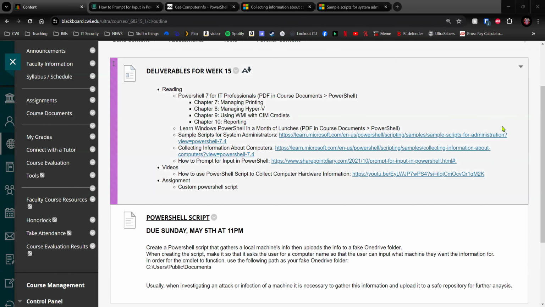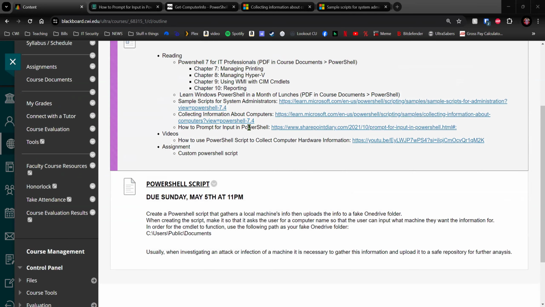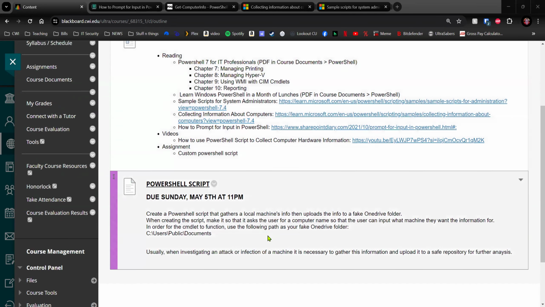fake OneDrive folder. So when you create the script, make it so it asks the user for the computer name. That's what's called an input. And if you look up here, how to prompt for input, there's an article right there on it. So you need to prompt for the computer name, that way prompting for input, for what machine they want the information for. And then in order for it to function, there's your fake path I want you to use in